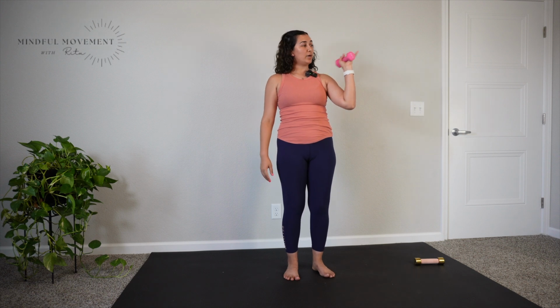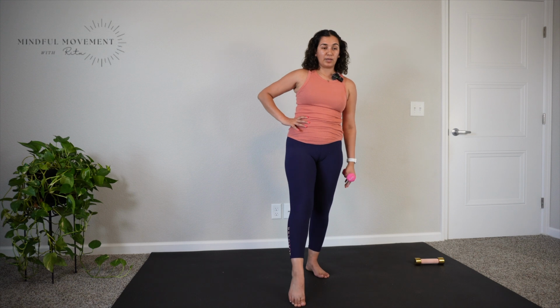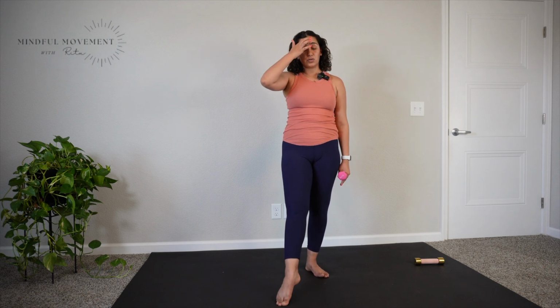Weight goes in your left hand this time. You're going to go ahead and slowly start to bring your right leg forward. Make sure to turn your toes out, that's very important. Hammer curl, leg goes out. We're here using your core. We're gonna go up, and then up,